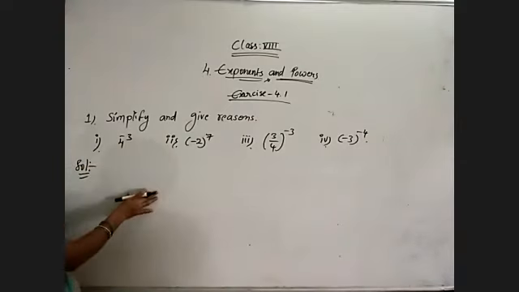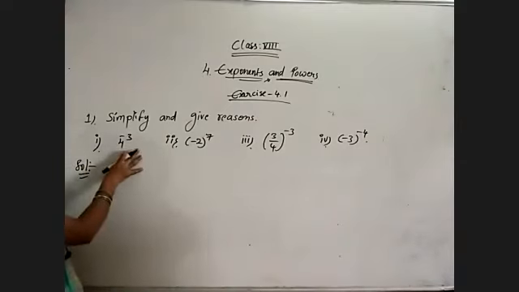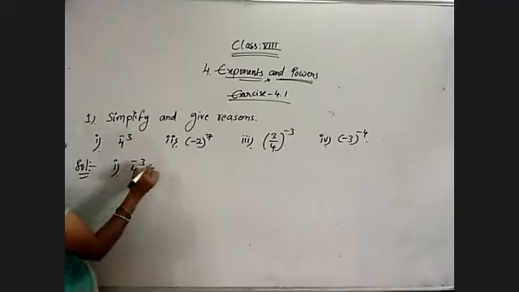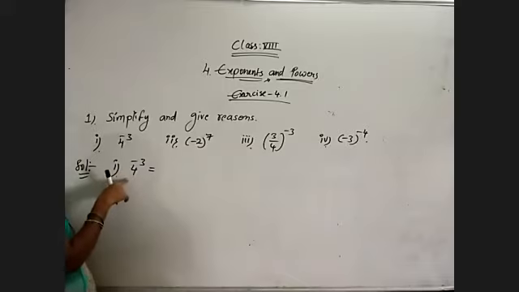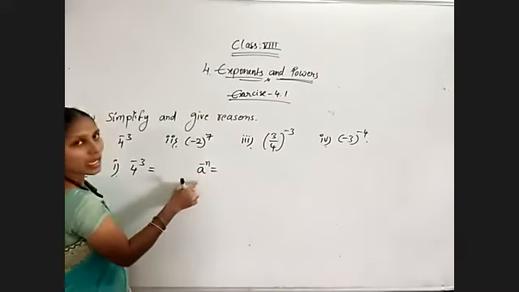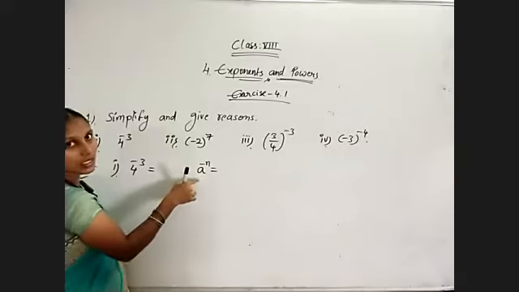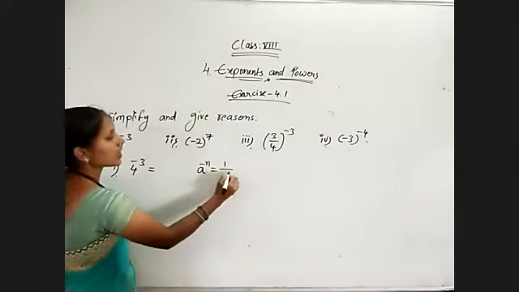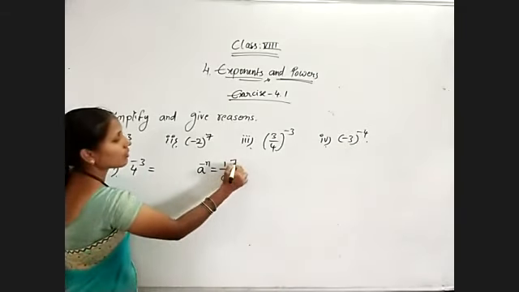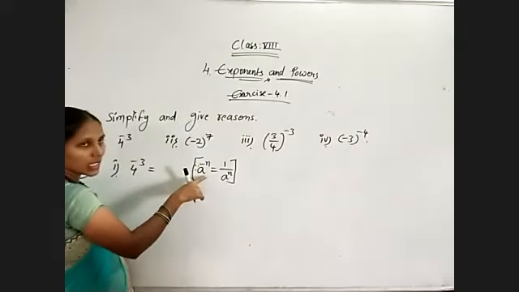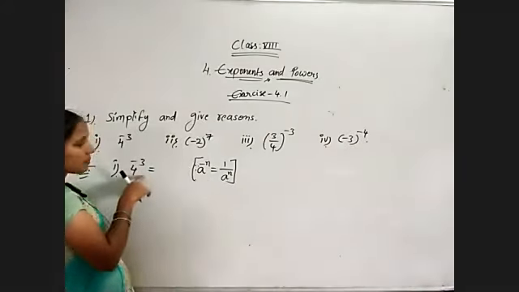Because here smaller numbers only, we can write their values also, no problem. So 4 to the power of minus 3 is my first problem. That is in which form? Just observe the question and identify which form it is in, which law is suitable here. See, it is in the form of a to the power of minus n, a negative exponent. Exponential number with negative exponent. So in that case, the simplification is 1 by a to the power of n. So give reason that also. So by using this law, we are simplifying it.